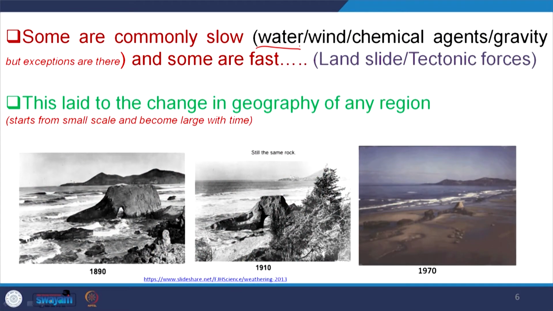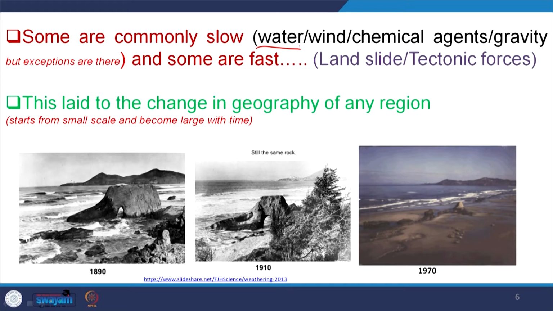For example, consider river water, flowing for millions of years, thousands of years, lakhs of years. It is transporting sediment from one place to another. Average sedimentation of an area is a few millimeters per year, it is a slow process, but exceptions